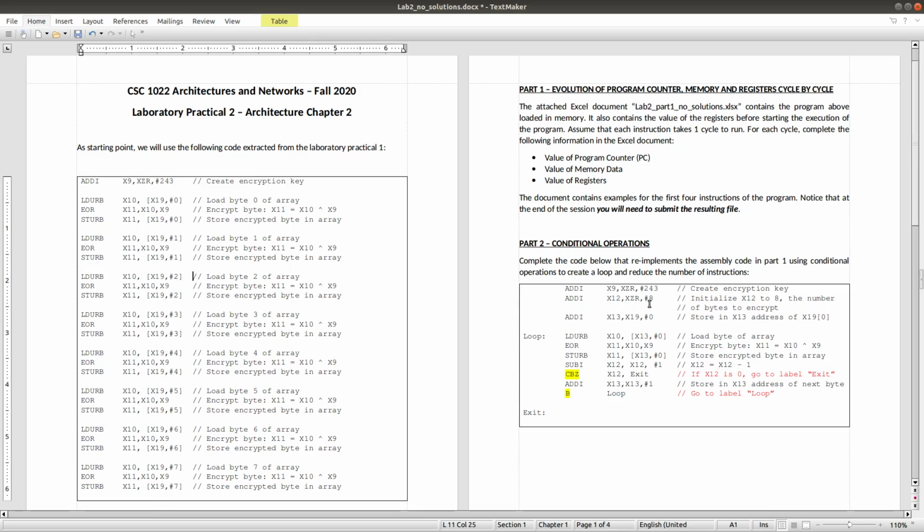Instead, in code practical 2, you just write the amount of data into x12, and after that, inside the loop, x12 will be reduced one by one automatically until the end, and it goes to exit. So this code will be shorter and more flexible in terms of data.